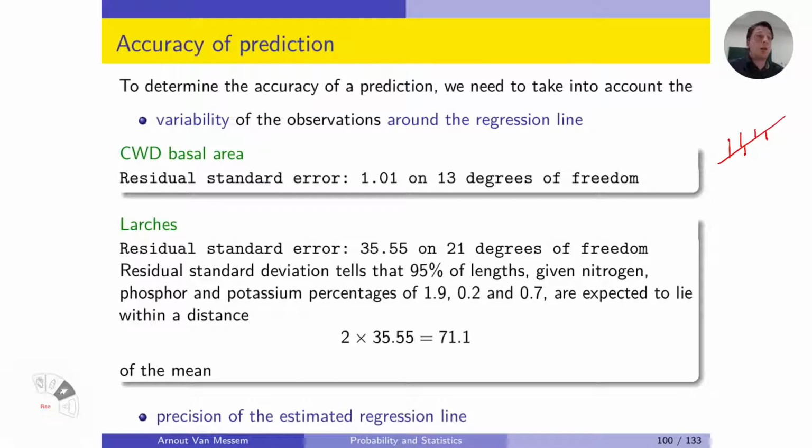The other part is then how well did we estimate them? So if we want to explain the residual standard deviation a bit, it basically tells us that 95% of all the lengths for given fixed values of the predictors will lie within a distance of 2 times this standard error, in our case 71.1, around the mean. Why the mean? It's the same as with the confidence interval. Also for the confidence interval, we had the mean plus or minus approximately 2 times a standard error. Here also it's the mean because